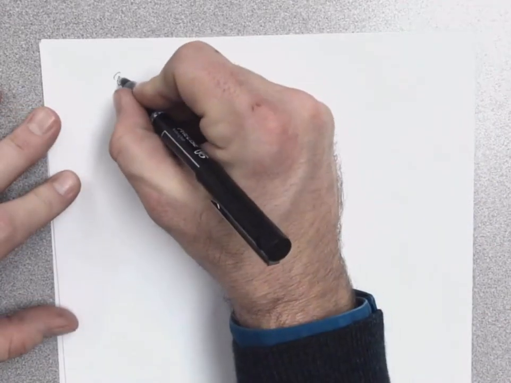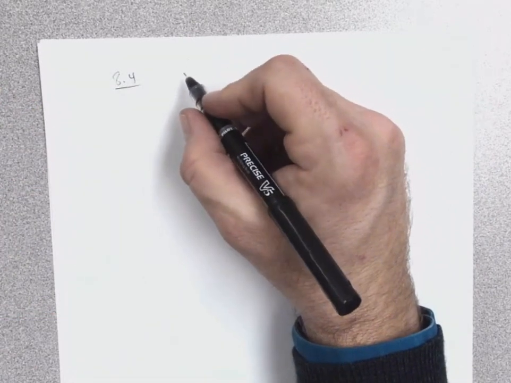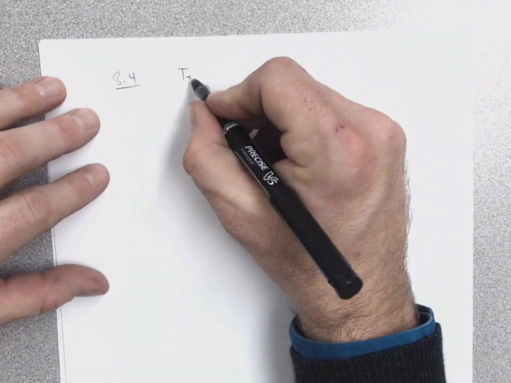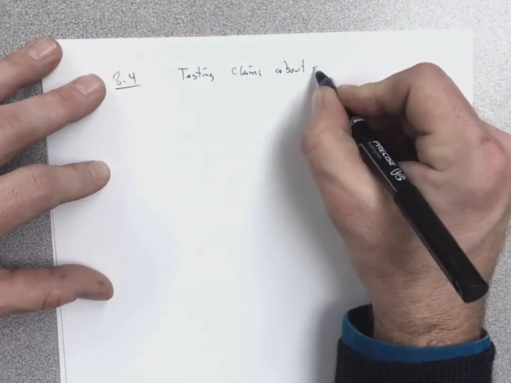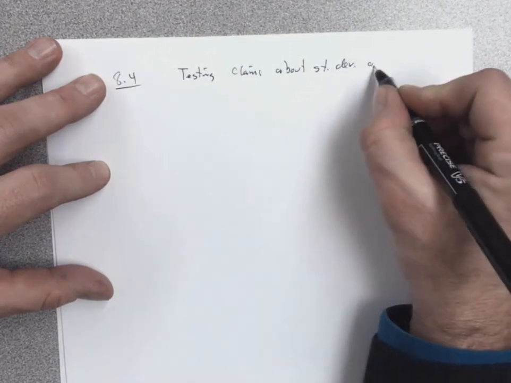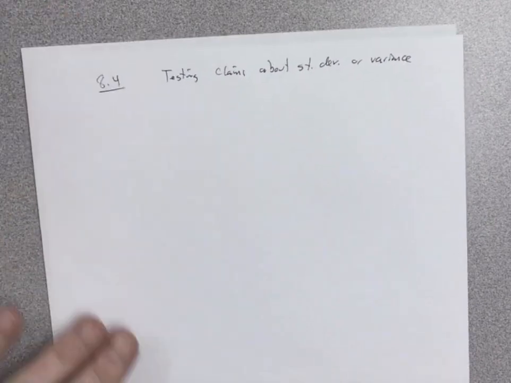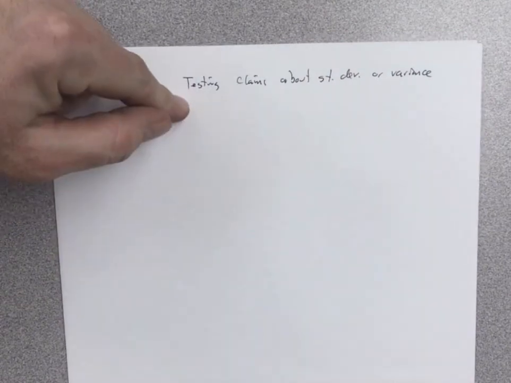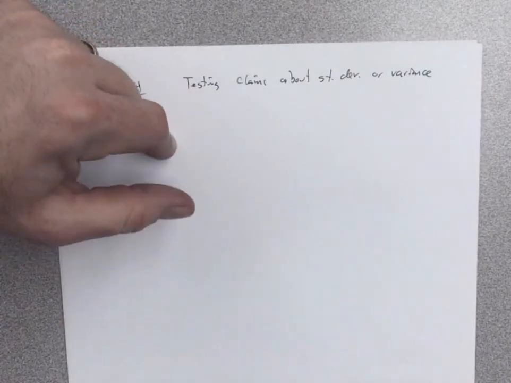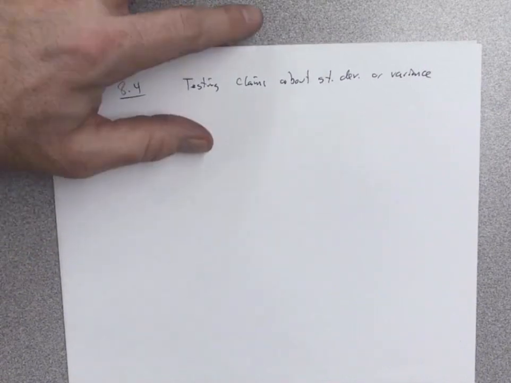All right, so 8.4. So this is testing claims about the standard deviation and variance. In order to do these, like I said, they're all done exactly the same thing. You just have a different distribution. So for proportion, it was Z distribution. Mean, it tended to be a T distribution, and for standard deviation and variance, it's a chi-square